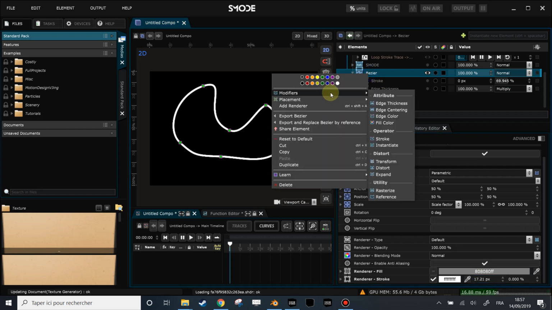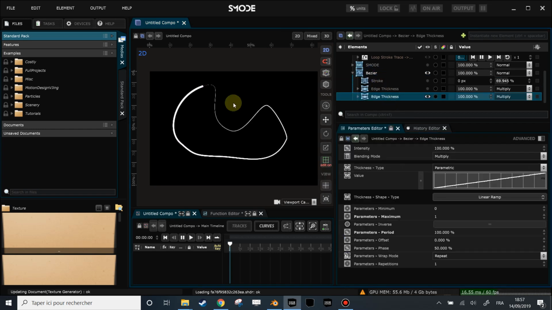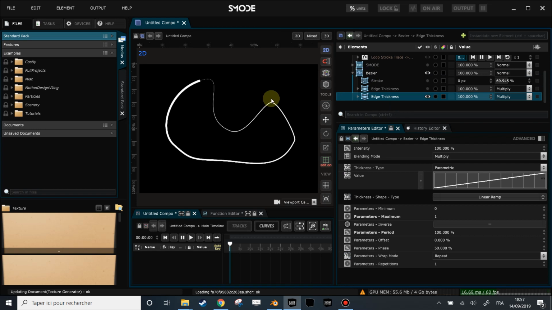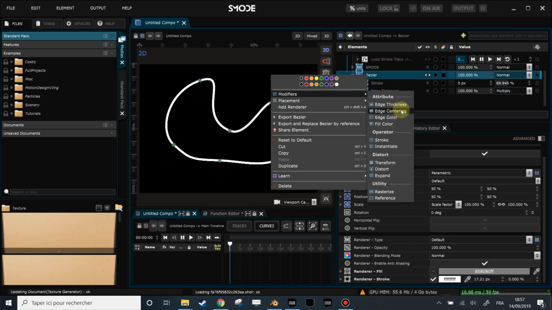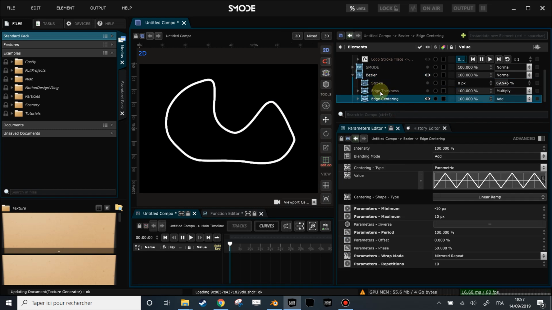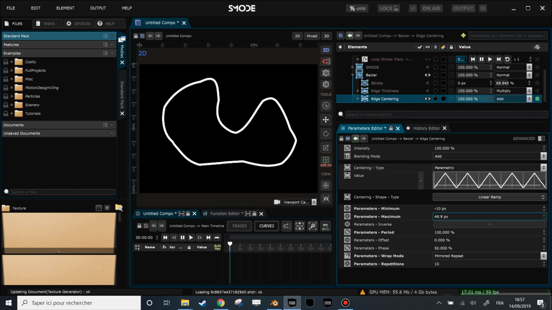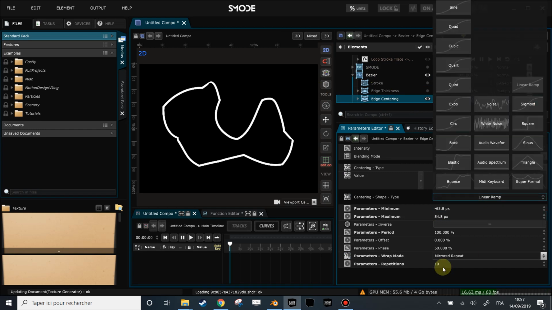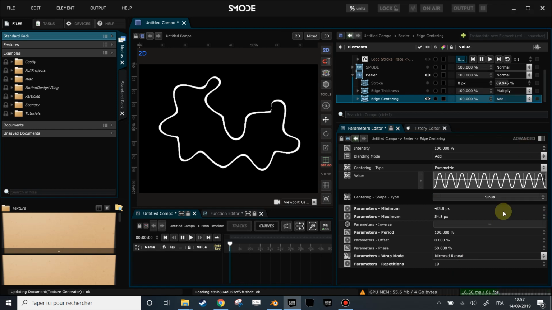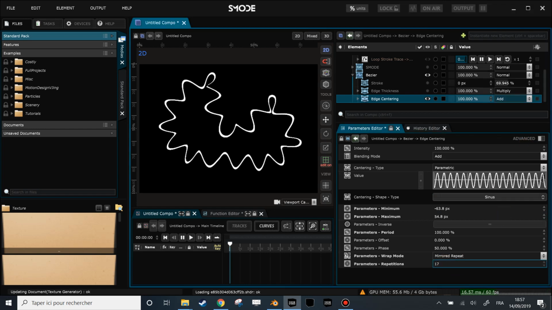And let's add edge thickness, not an edge thickness, sorry, an edge centering, which will behave the same way as the edge thickness, but it will just change the center of the line. So here, by using a linear ramp repeated 10 times, let's use a sinus, for instance. Okay. And now you see